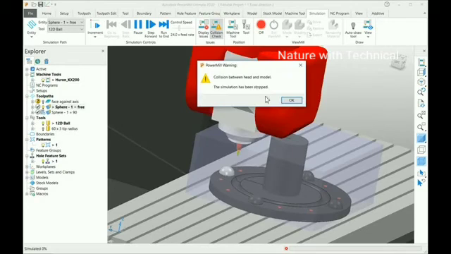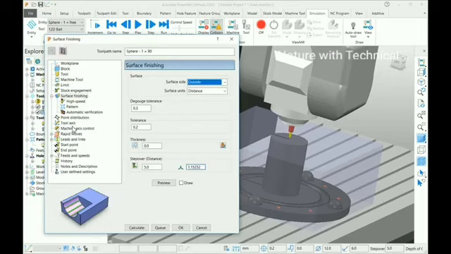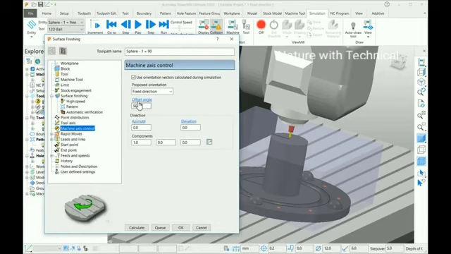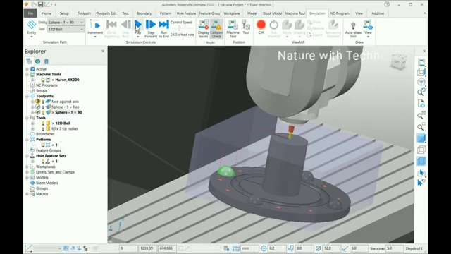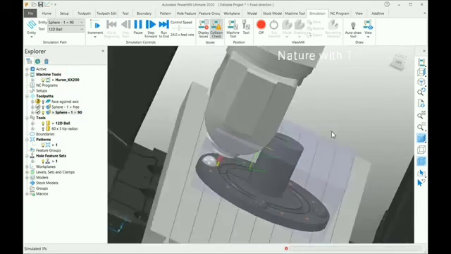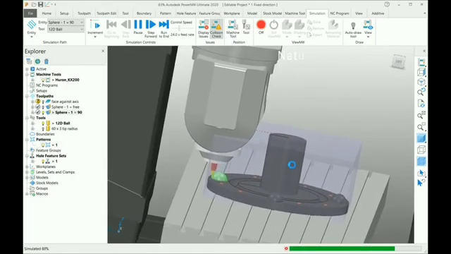Again the same, because the C-axis is at 0 degree. So what I'm going to do is rotate my C-axis to 90 degree and calculate the toolpath. Let me change my machine axis control to the 90 degree offset angle parameter and let me calculate that. And if you see the simulation of this particular toolpath, your C-axis is exactly at 90 degree and you can avoid the collision between the part and the head.